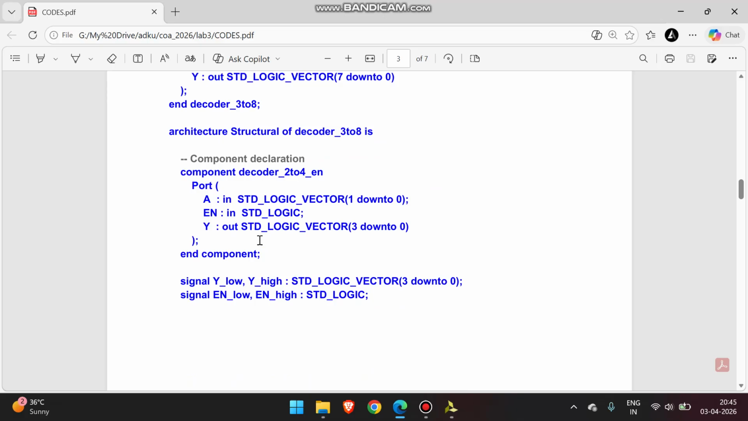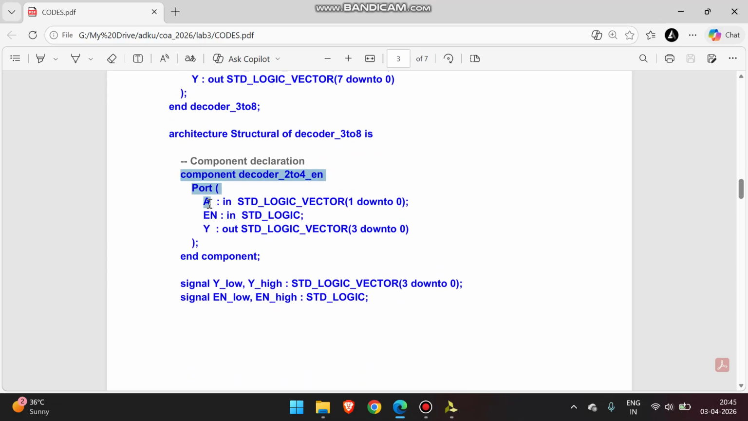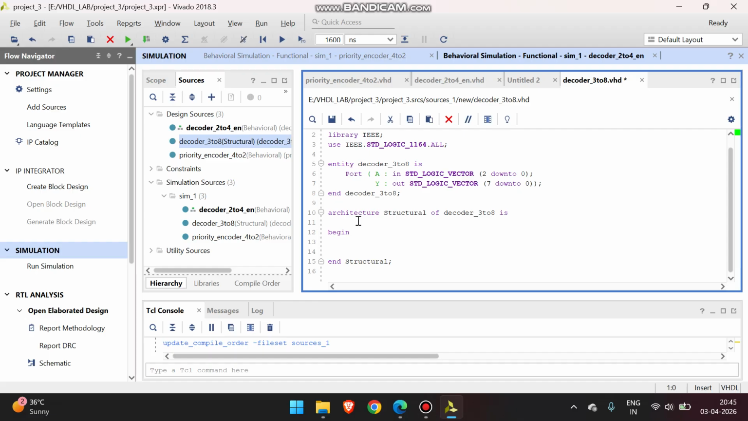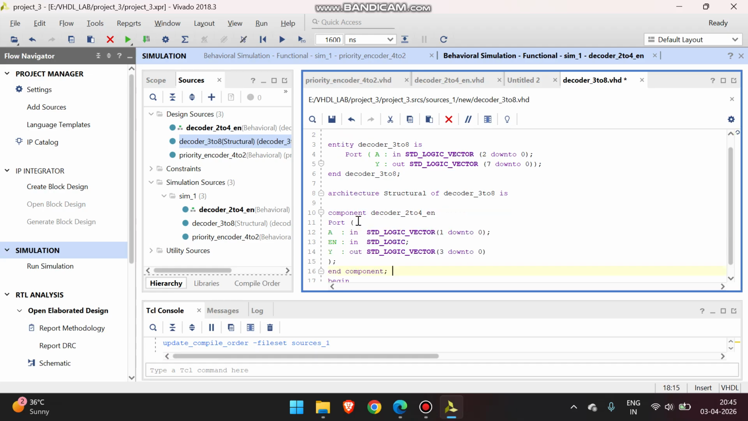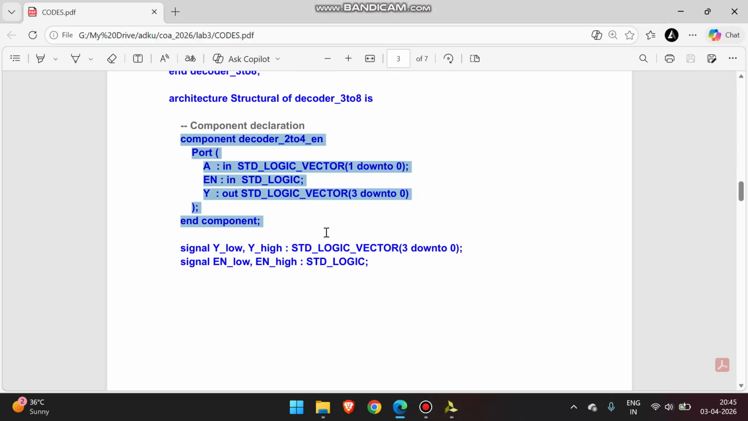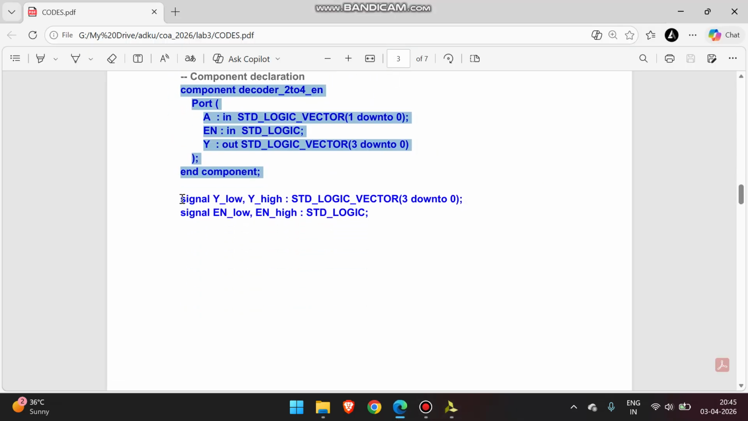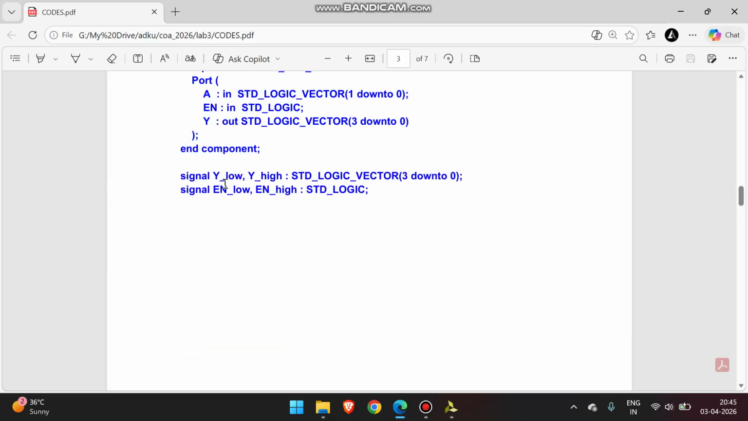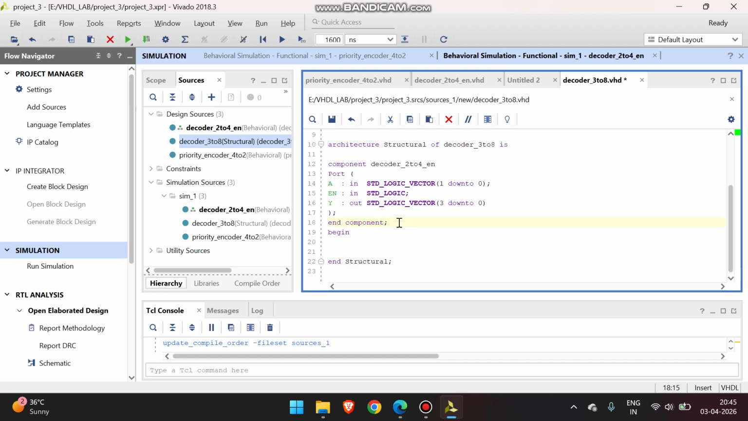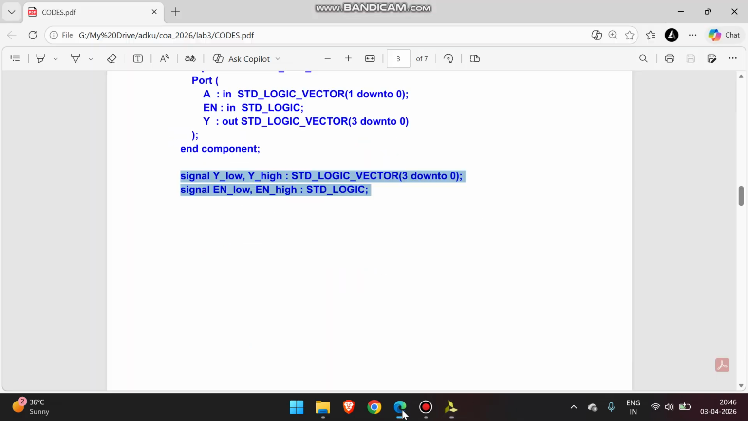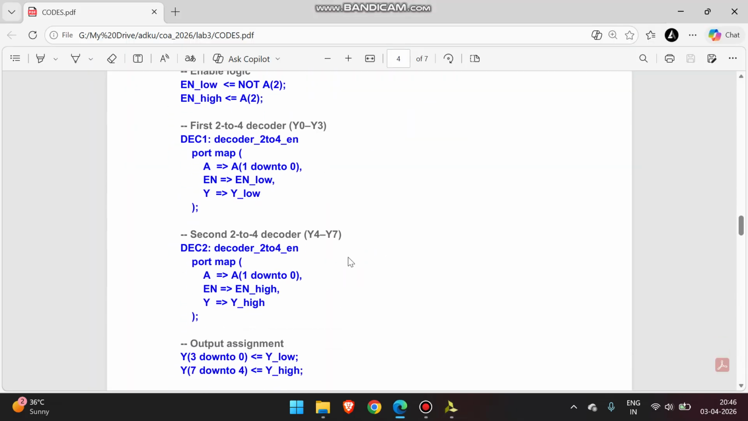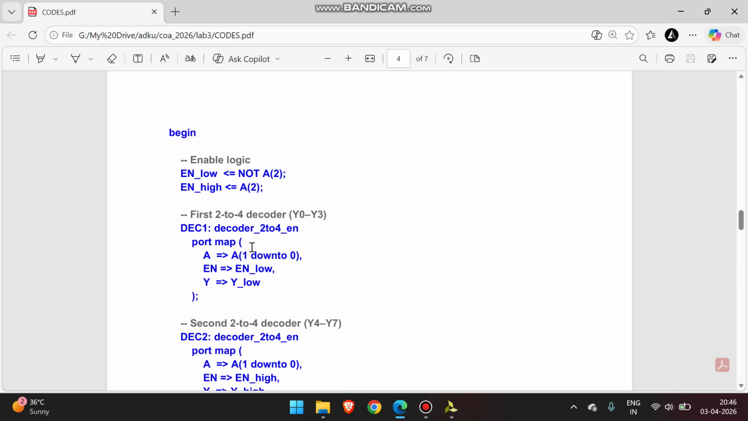So see, first of all we have to declare the component. Okay, so copy this component here. So after architecture you can copy that, and after that you have to define two signals which are internal signals. So copy these two signals, and here you can copy those signals,